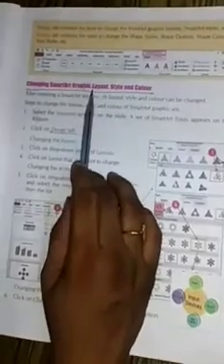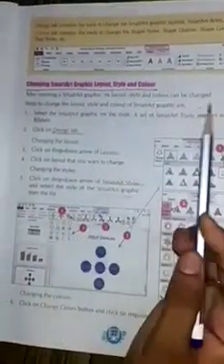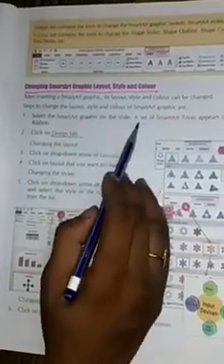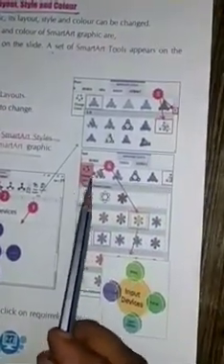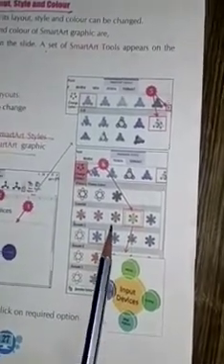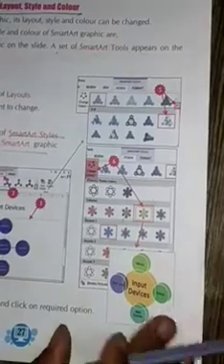Changing smart art graphics layout, style and color. Then select the smart art graphics. Smart art tool appears. Then click on design tab. Then choose whatever design you want to apply from here. Okay, then click on design, any kind of design. Then change the color, whatever color you want. Then formatting is applied on your graphics.